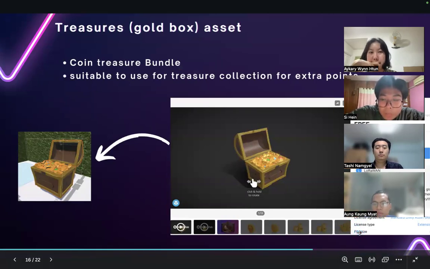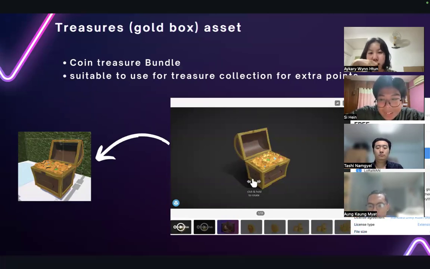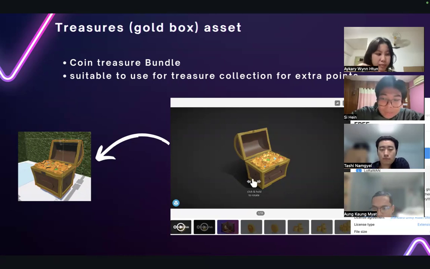For my part of the project, I focus on enhancing the gameplay with a treasure collection feature. So I import a coin treasure banner from the asset store because it fits very well with the game concept. And I did this allowing the player to collect coins in level 2, providing extra points and reward, excitement for the exploration. In this project, if I have to rate myself, I'm going to give myself 7 out of 10 because